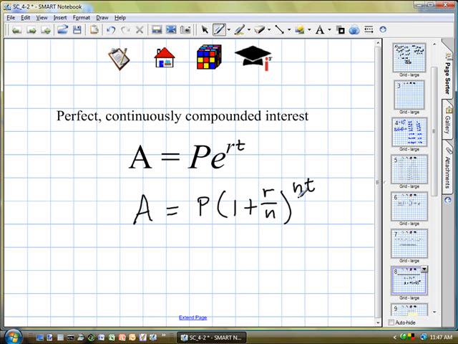Well, they kind of do up higher in the page. Do you see the table higher up on page 266? Look at when they do compounding annually, then n is 1. When you do it semi-annually, n is 2. So it's the number of times you compound the interest per year. When you compound monthly, then n is 12. So n stands for number of times compounded per year. So you need these two formulas. The bottom one will work for any compounding, but if you want to do continuous,